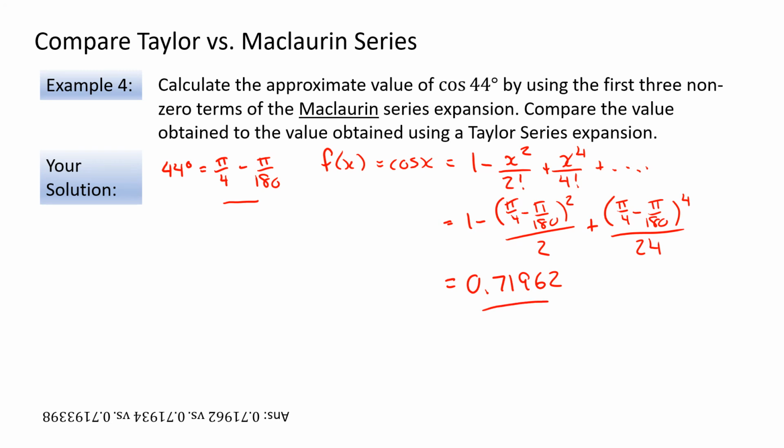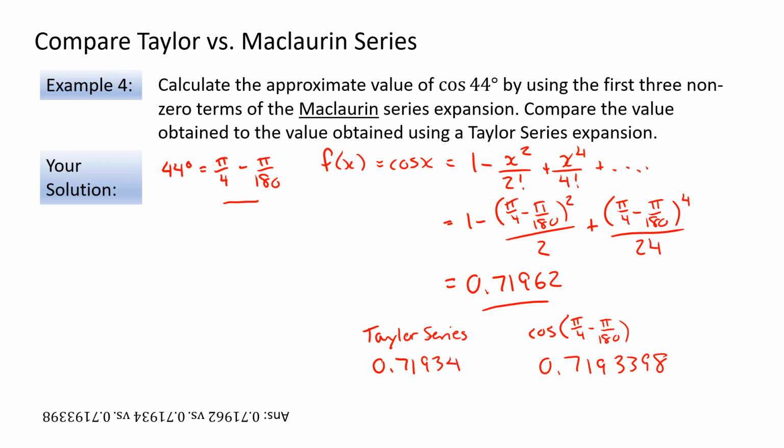0.71962. Now, remember what our solutions were in the previous question. When we used the Taylor series, we got 0.71934. And when we used just our calculator and put in cosine of pi by 4 minus pi by 180, we got 0.719338. Okay, so you can see that we're still a little bit off in the 4th decimal place